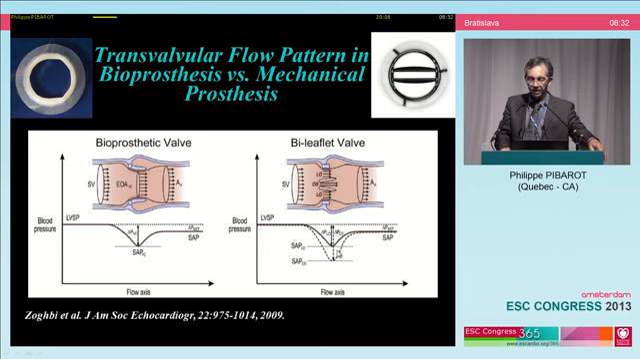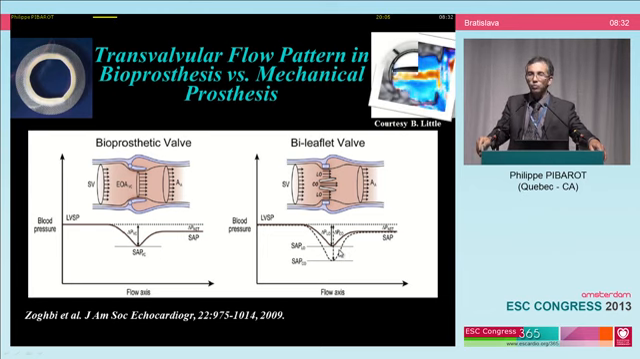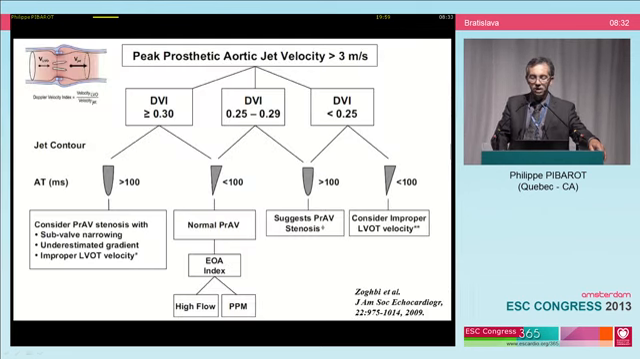But this is an artifact. This is not a true dysfunction, of course. And this is well illustrated here by this 3D color Doppler image, where you see the higher velocity in the central orifice. And if you look at the guidelines, the 2009 guidelines of the American Society of Echocardiography